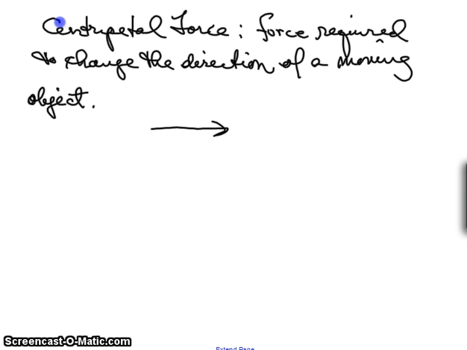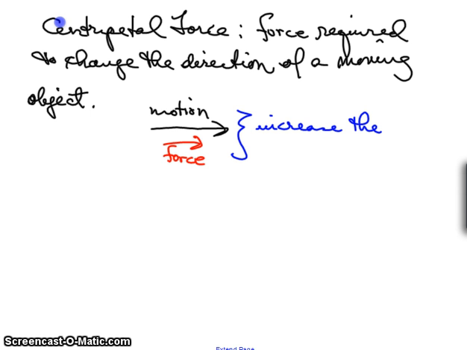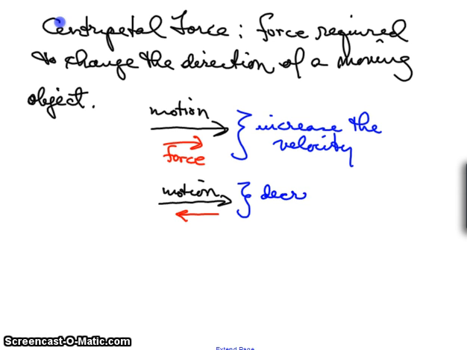If I have an object moving to the right like this, and I have a force moving to the right, well, I'm just going to increase the speed of the object. So this is just going to increase, we'll say, the velocity. Correspondingly, you might say if I have motion going this way and a force acting this way, this is just going to decrease the velocity. However,